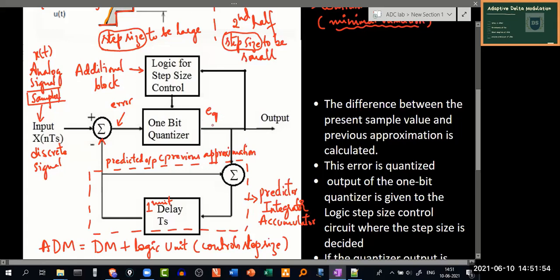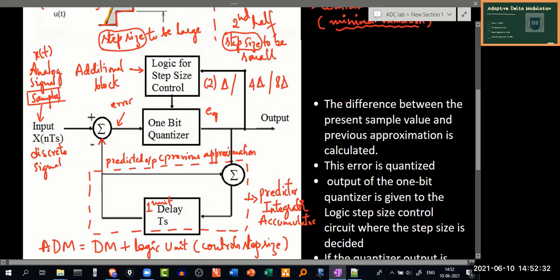Depending upon the sign of this EQ we make a decision, and the decision is passed on to this logic unit, where we decide whether to stay with the same delta size, or multiply it by 2, or by 4 times delta, or 8 times delta. The entire decision is taken at the logic block, and after that we'll be increasing the delta value accordingly.